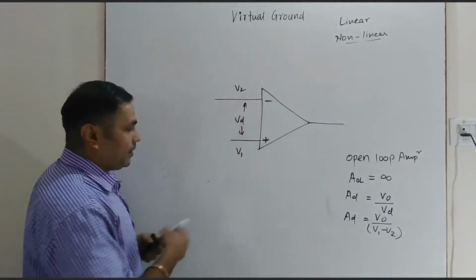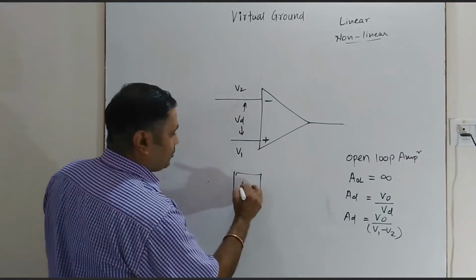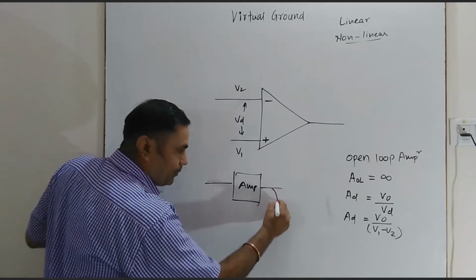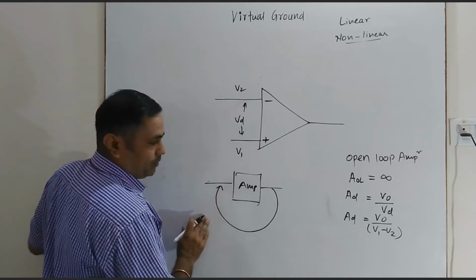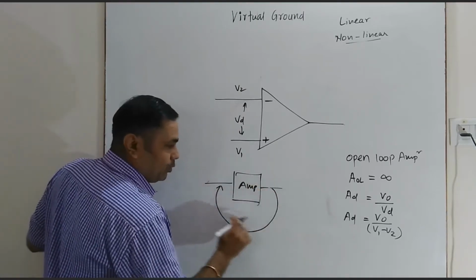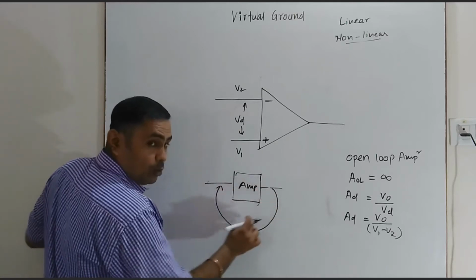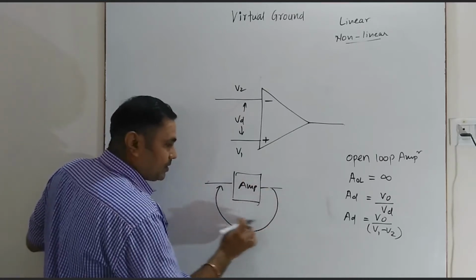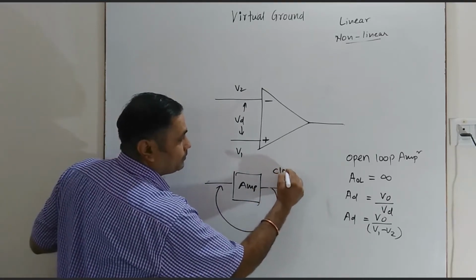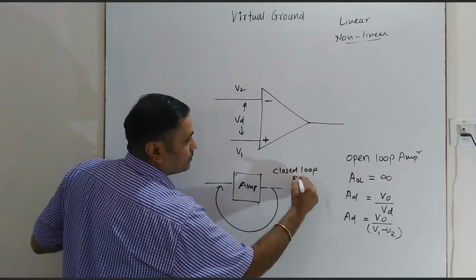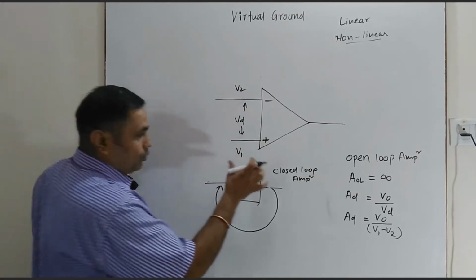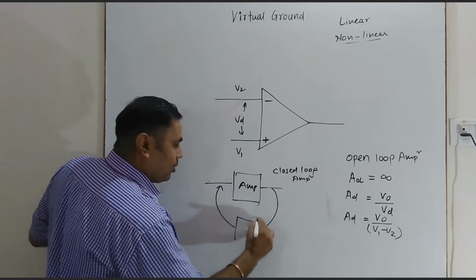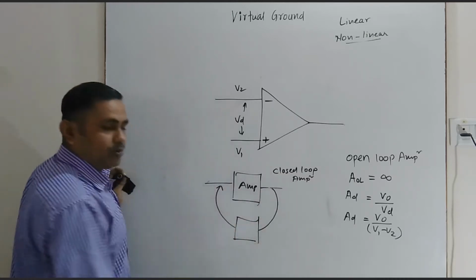There are two types of feedback circuit. Let us see what is actually meant by feedback. Suppose this is your amplifier, and if a portion of the output is fed back to the input, then this circuit is getting a loop. So this loop is closed here. So if a feedback circuit is there, this type of amplifier is called a closed loop amplifier. And to achieve this closed loop, we have to use a feedback circuit. In the feedback circuit, how much quantity is to be fed back is actually decided here.